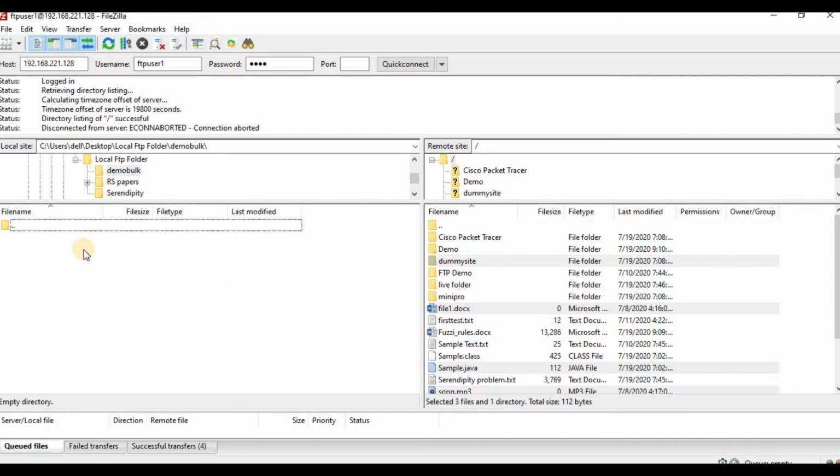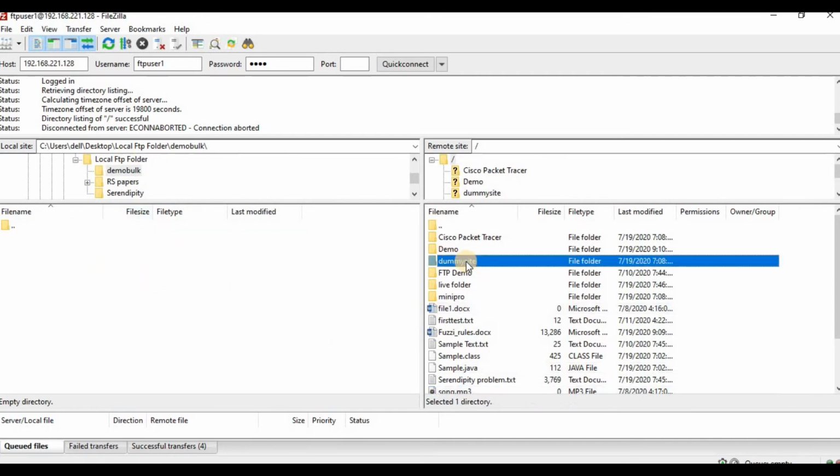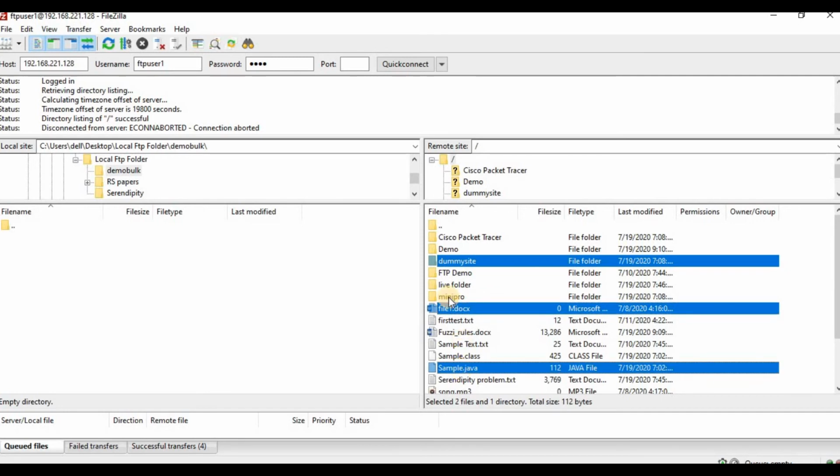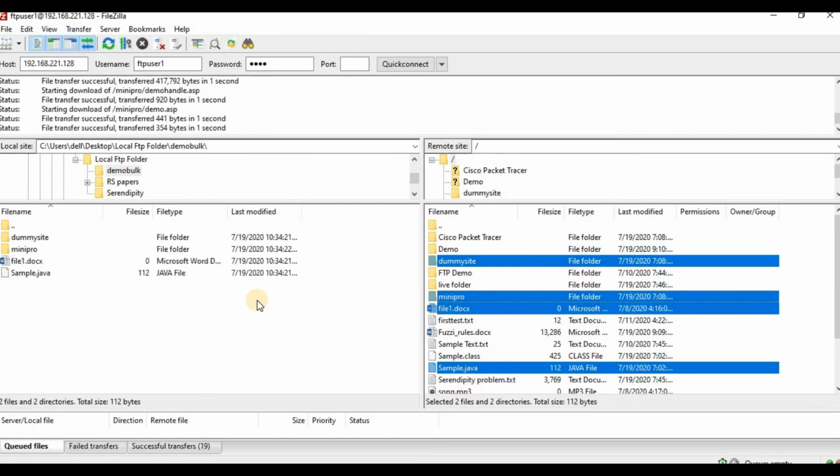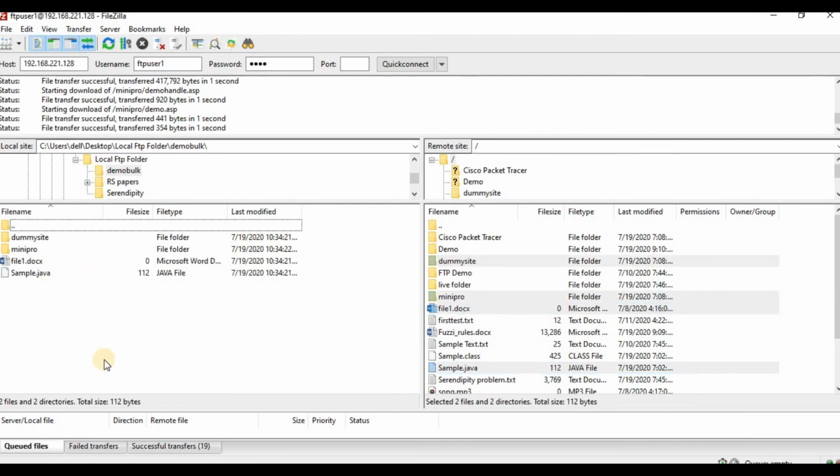And now in this directory, I want to download this dummy site folder, this file1.docx file, and this Java source code, and this mini pro folder as well. So now I'll just drag them from the right and drop it in the left pane. As you can see, entire files and folders are downloaded. You can do the same for uploading as well.